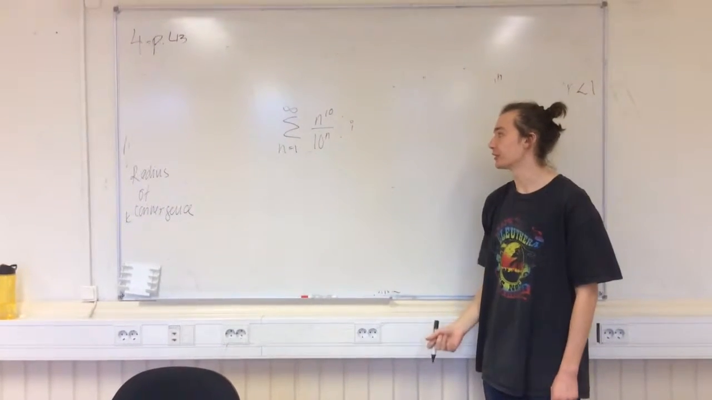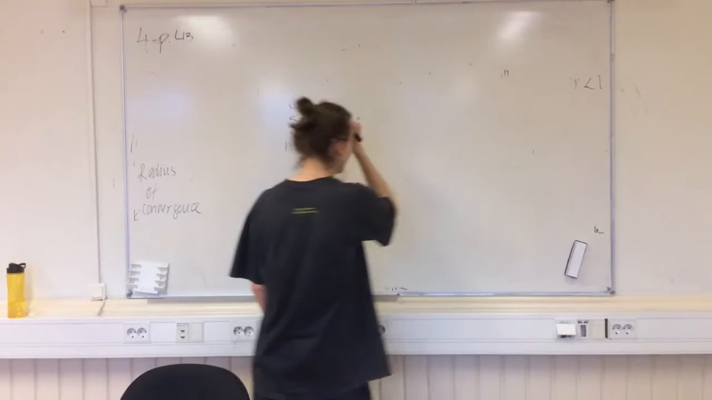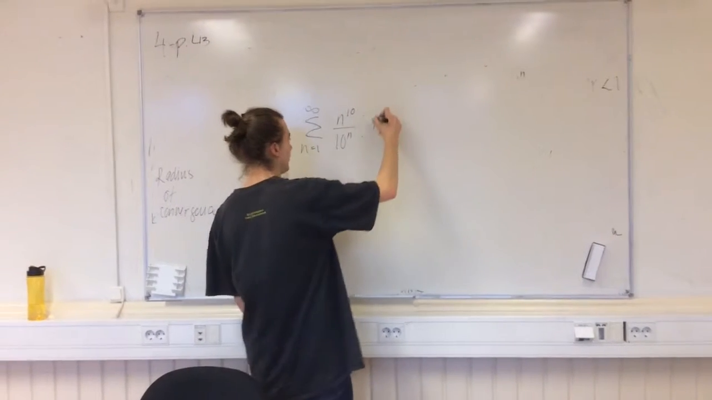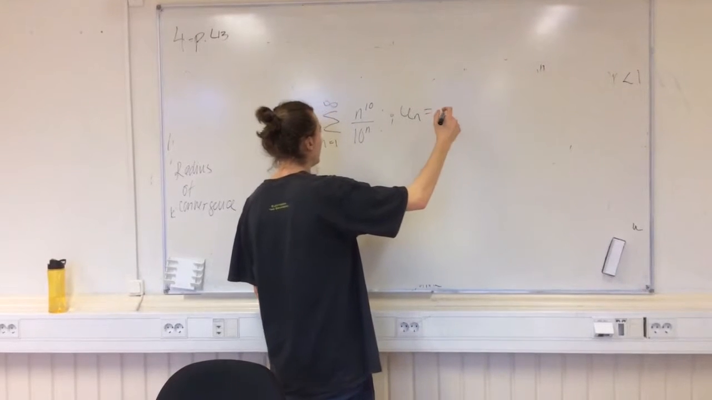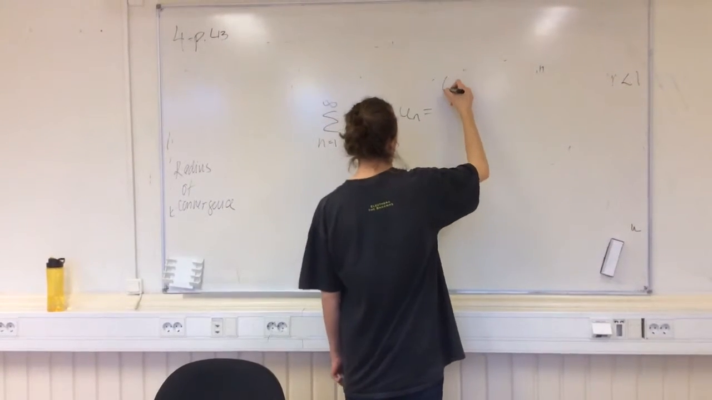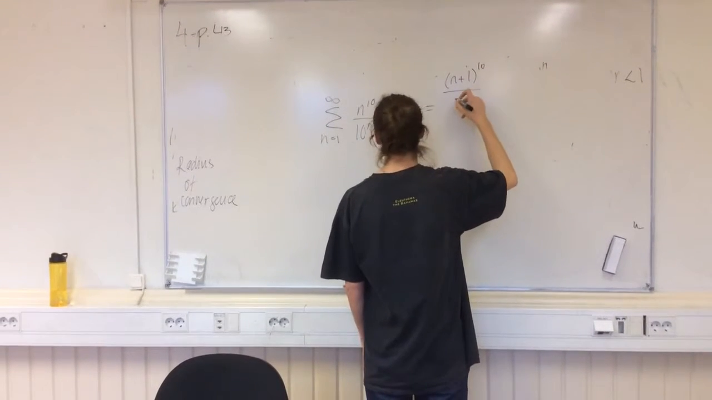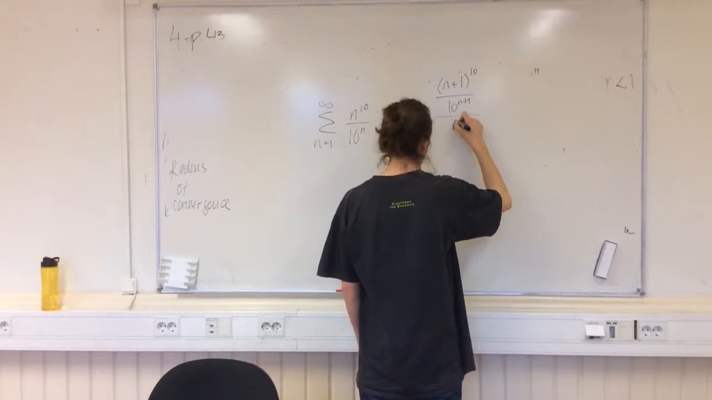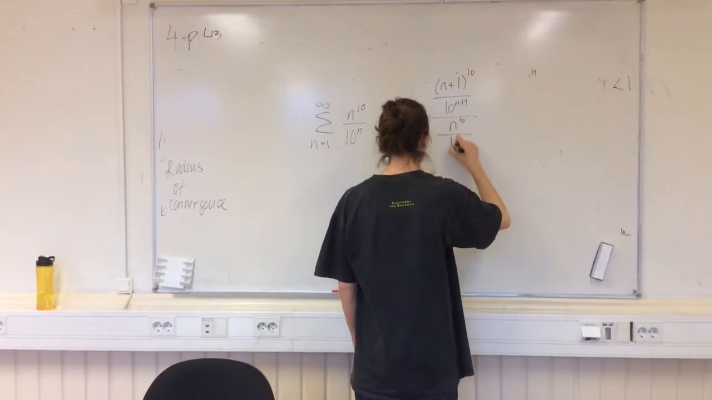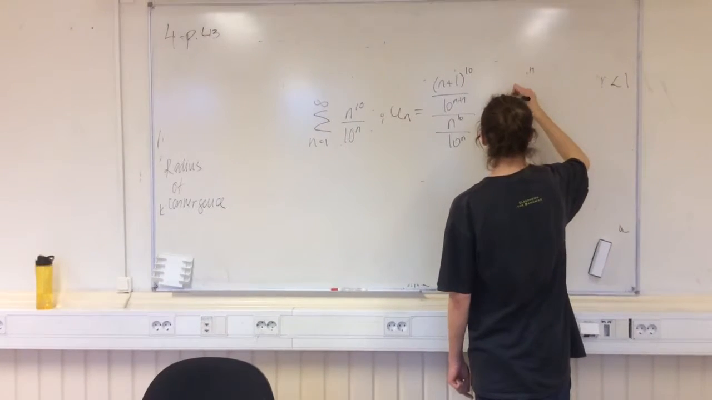Converging or diverging using the ratio test. So in order to do that, we first need to find the sequence un, which would be (n plus 1) to the power of 10 over 10 to the power of n plus 1, over n to the power of 10. And then if we simplify this,